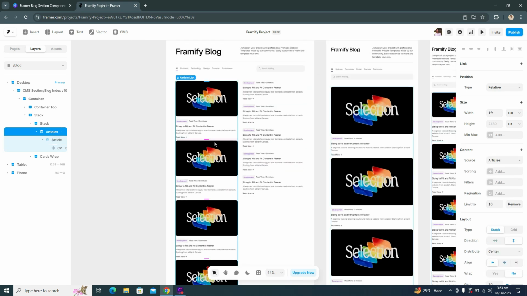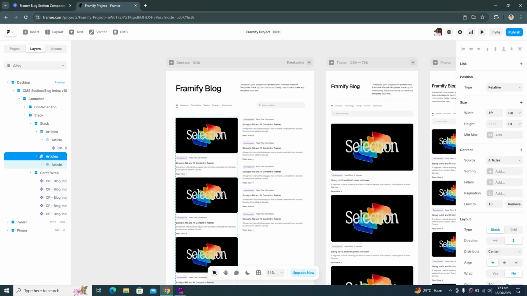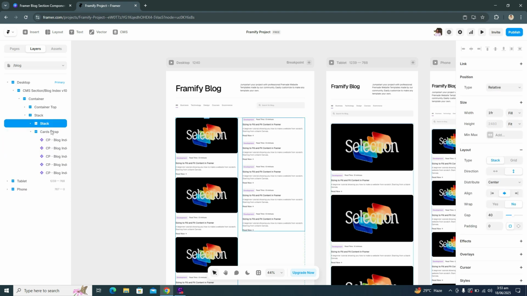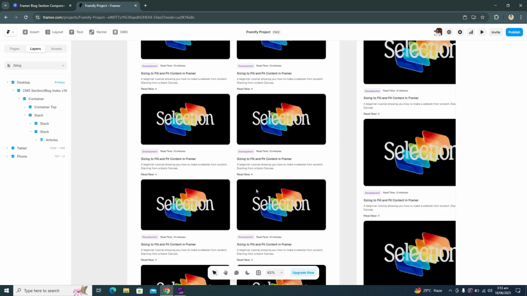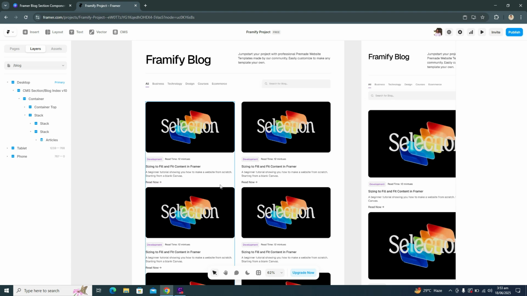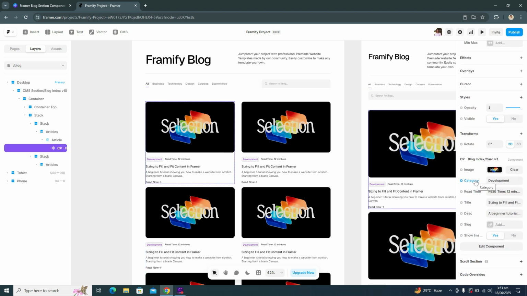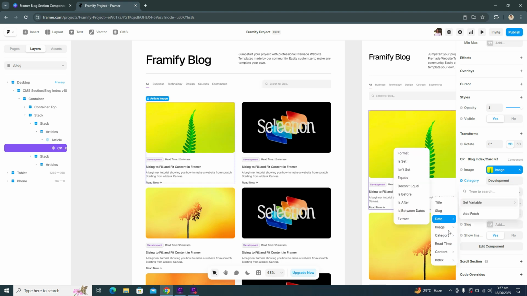And I'm gonna do the same thing. I'm gonna duplicate this one. Not here. Okay. As you can see, we have two columns here. So now what I'm going to do is I'm going to connect these properties with our CMS properties. Okay. So if I click here, set variable image. So now I'm going to connect the category, set variable to